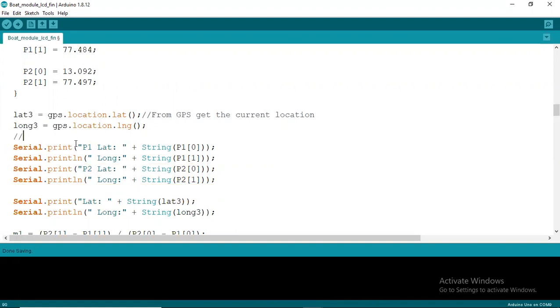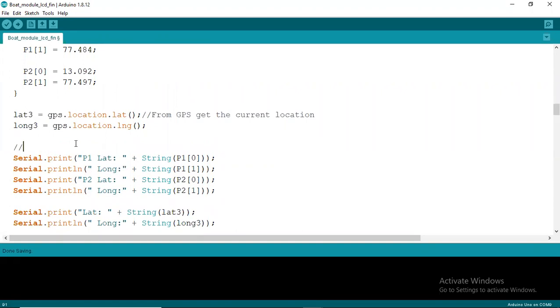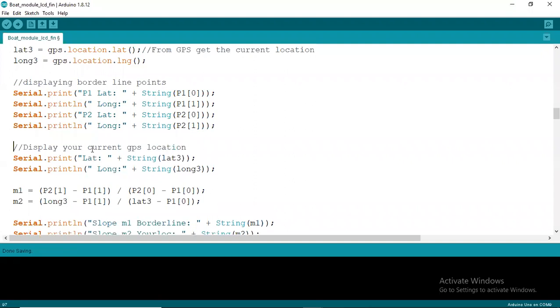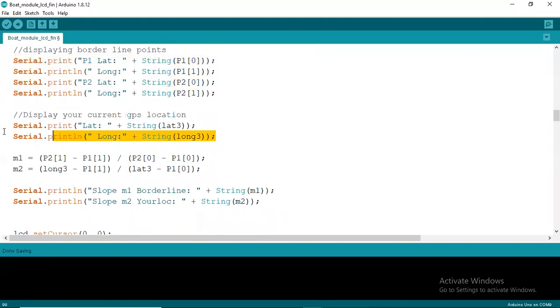Whenever this Serial.print or LCD.print comes, there is no calculation happening. Just displaying is happening. Just displaying borderline location, borderline points. Then you display your current GPS location. Okay, so I'm displaying borderline points, then I'm displaying your location.